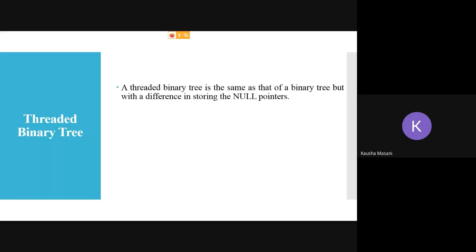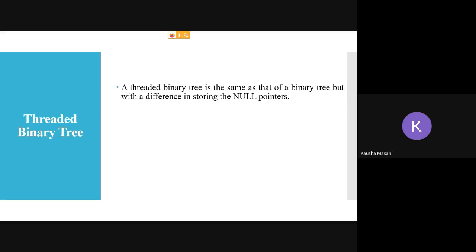Now a threaded binary tree is actually nothing but a binary tree only, but there are extra values, or you can say there are null pointers. Now what are these null pointers?